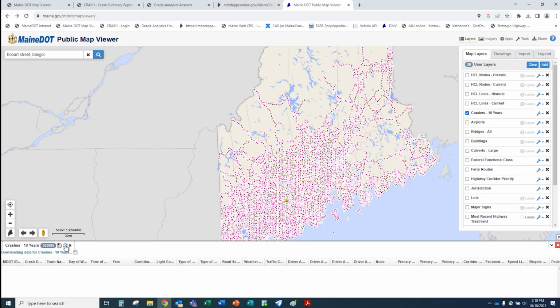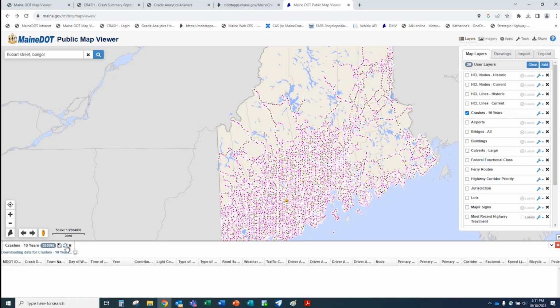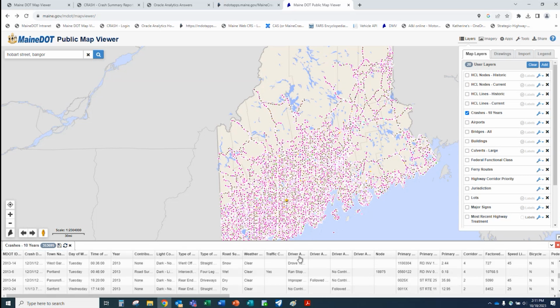That right there is what we call the refresh button. The little set of circles, and that's critical too, because sometimes this data down here won't refresh itself. You'll have a query that includes 10 years, but then you filter that down and you're only looking at actual 3 years worth of data. It'll tell you that you've got the right information there, but you've gone from 2013 to 2021 or 2020, and there's still 2013 data. This is a good tool. Anytime you change any information on your query or anything that you're doing, you always hit that refresh.